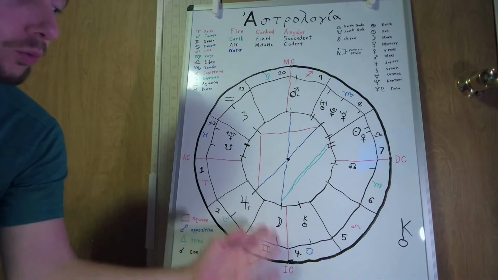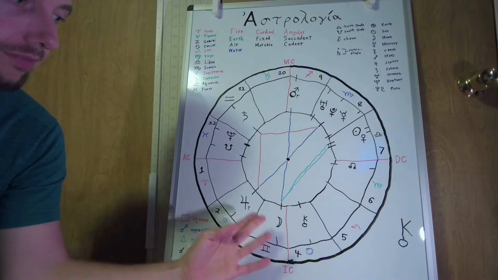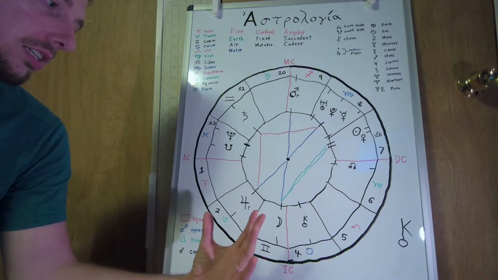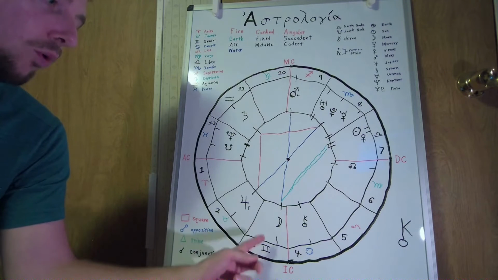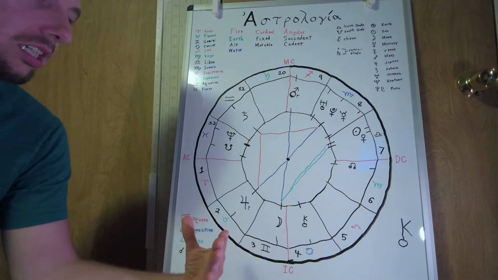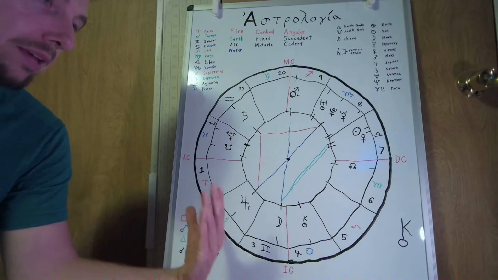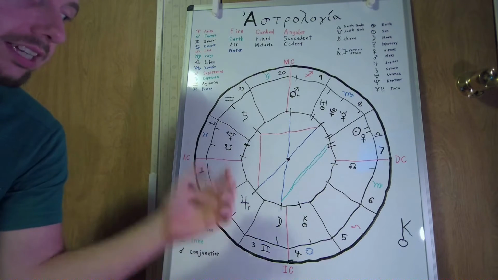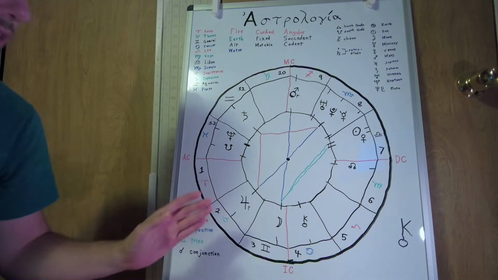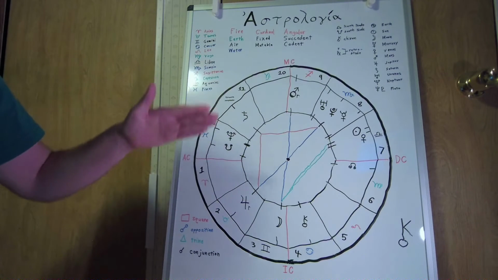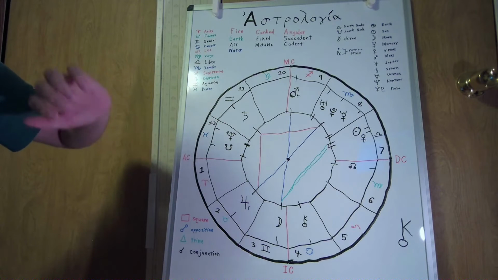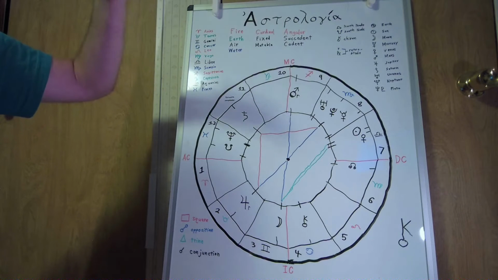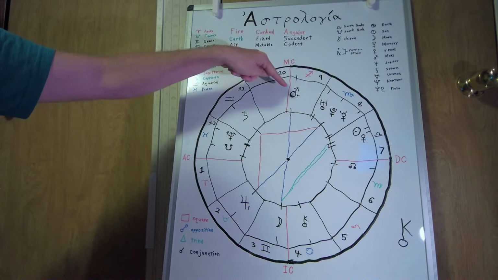The emotion and intuition of the moon, which has a mutable air Gemini nature and is prominent in the area of life of lower learning and short distance travels, is going to be opposing and conflicting and having a tug of war with the action, the courage, the drive, the energy of Mars,